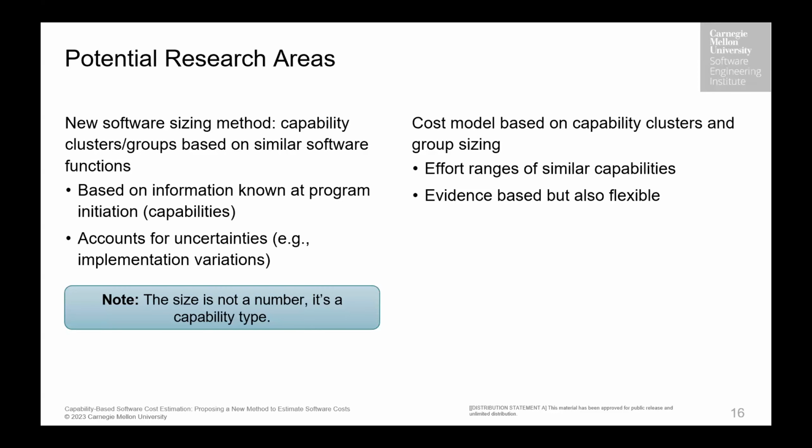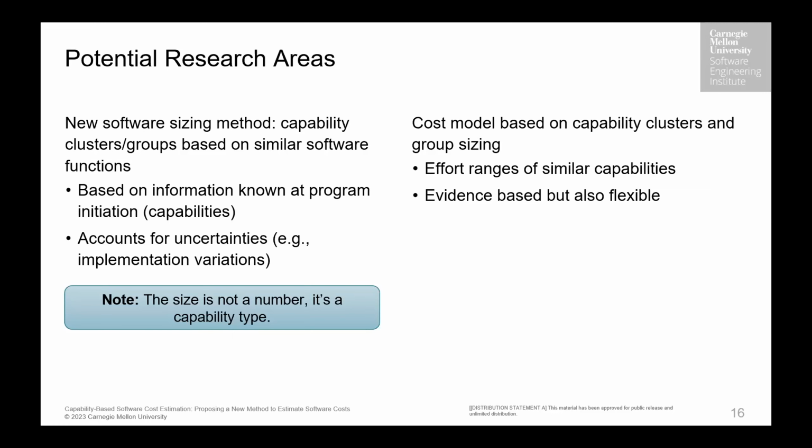All right, so I am proposing a new way of estimating and sizing software. Essentially, what I'm saying is what we need to do is create these capability clusters or groups that are based on similar types of functions and complexity of the software that's being built. And that we now look at these as individual groups, very, very early in the life cycle, and I especially say this for the US government life cycle,